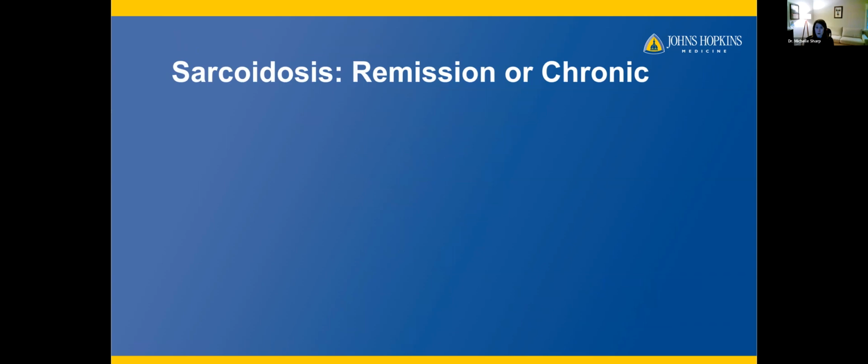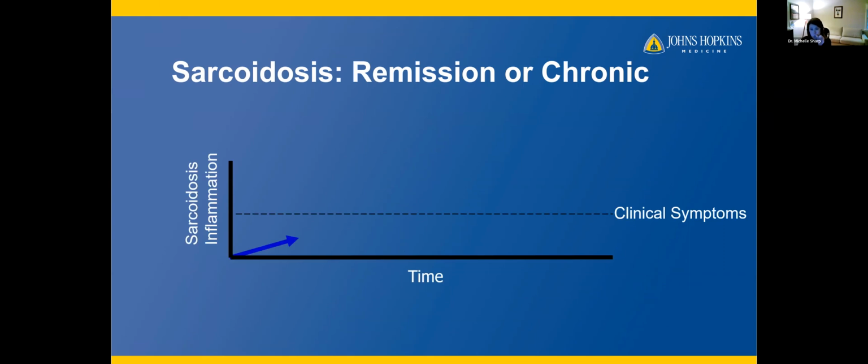So one of the other big questions that always comes up when we're talking about, is this sarcoidosis, is, am I going to go into remission, or is this going to be a chronic disease? And so I wanted to go through this together with a couple of different scenarios and also to help demonstrate the differences that can happen in sarcoidosis and the fact that not one patient with sarcoidosis is the same as another. And that's because of a couple of variables.